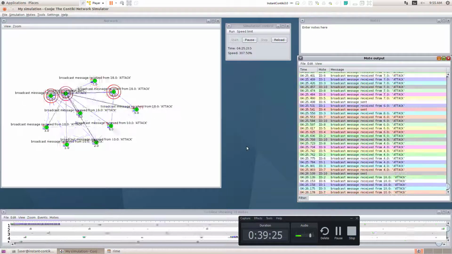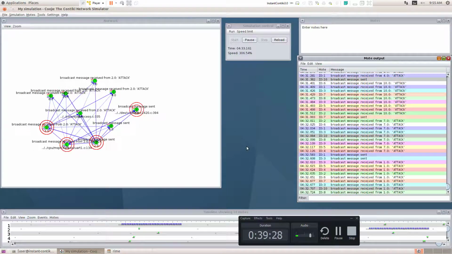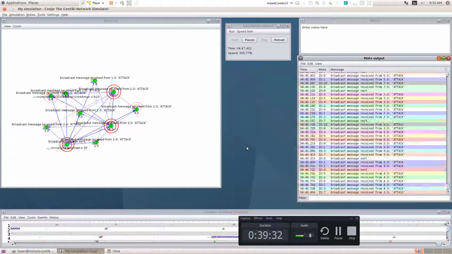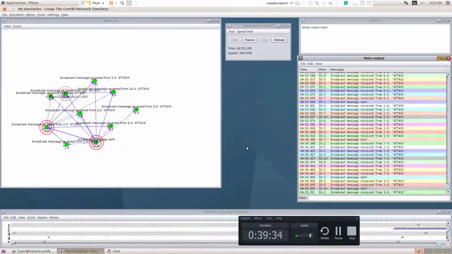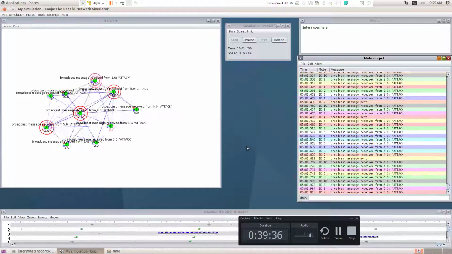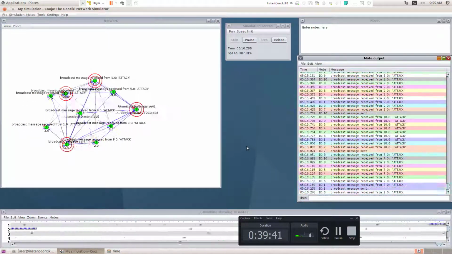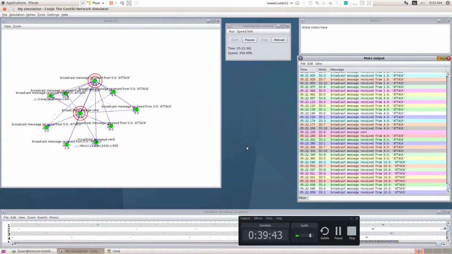Because these devices are chargeable devices, you have to charge them and use them. So if you have more broadcast, automatically the device will be switched off. So I want to print the power consumption of these nodes.